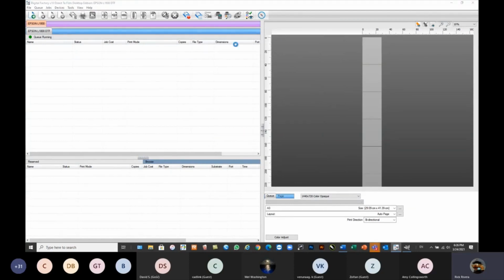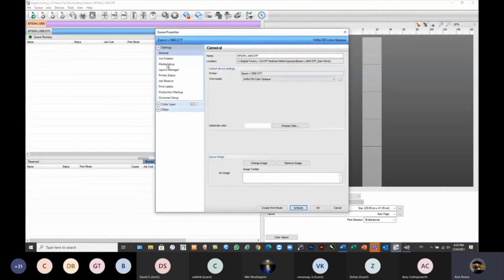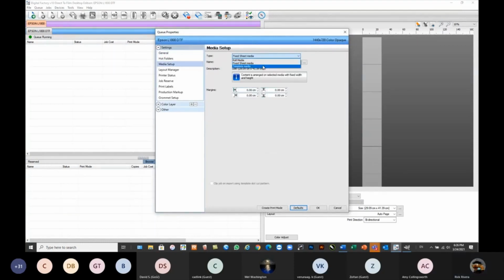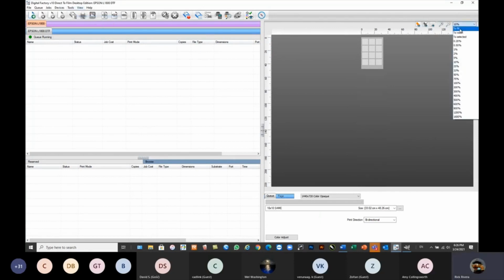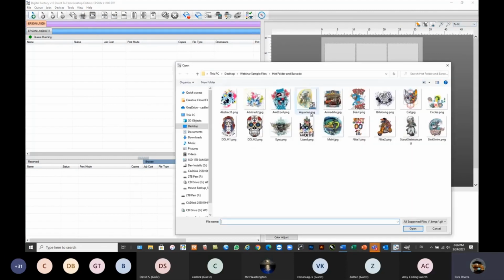Now to use that template, I'll go in here to my media setup and select template media. Select my template I want to use. So again, you can create a queue that's configured for templates and have another queue set up for pages. So we'll go here, view single page, fit, and we'll go ahead and import